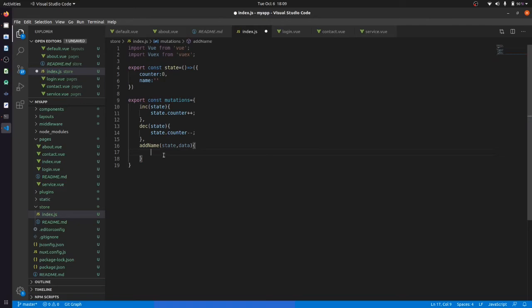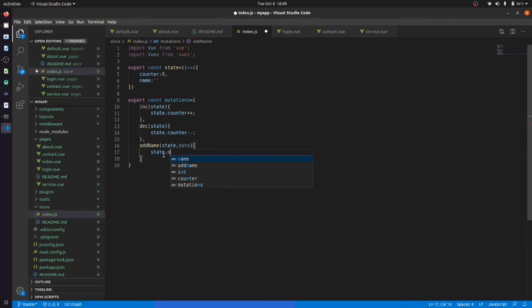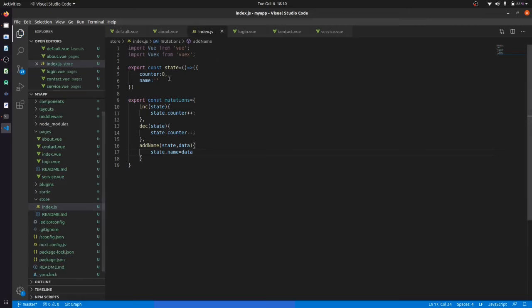In the add part, what we will do is state.name is equal to data. We will just go with data because we will pass that data as a simple string. If you pass that in a JSON format, then we can use data.name, but I'm going to pass it as data. Okay, so we have created our store, and now how can we use this store.